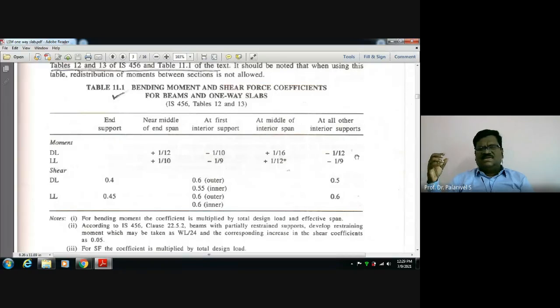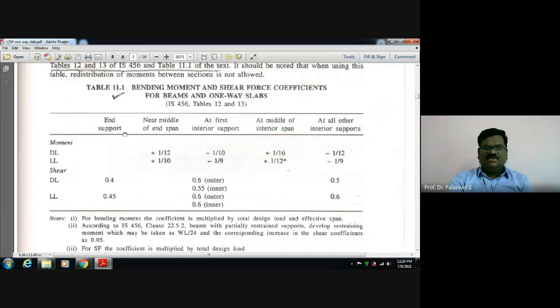Normally we know the shear force is maximum at the support, which is WL by 2. WL by 2 means 1 by 2 into WL, that is 0.5. So normally this shear force coefficient will be around 0.5. See, it is given here 0.5, 0.6, 0.4, around 0.5, 0.55, 0.66. Don't worry, they are given, but we can take it as 0.5. WL by 2 alone we can take as the shear force to design. Now we don't design a beam for shear. In a slab we don't provide any shear reinforcement, but if any check is required, we can use it.